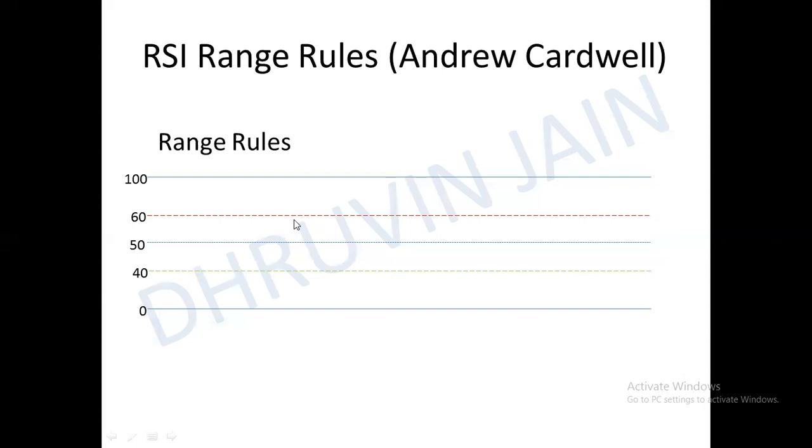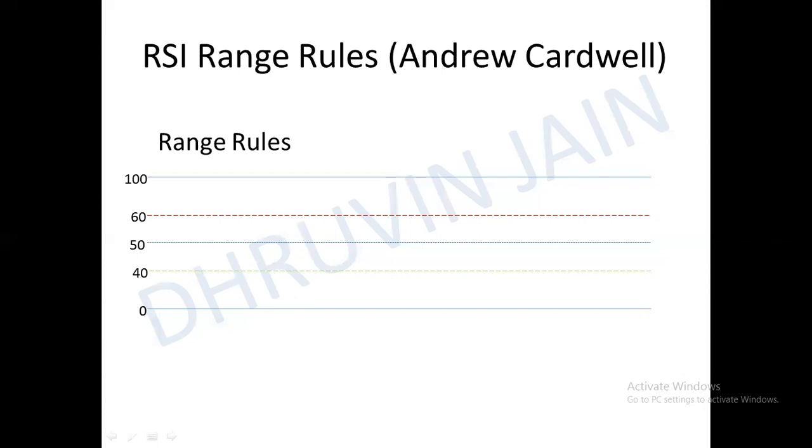Andrew Cardwell Sir made the observation in his study that RSI moves in two zones. I'll explain why 60 and 40 are important zones, in my opinion. Although Andrew Cardwell Sir hasn't put a strict rule that the 60 and 40 zones should be considered, and he didn't even consider any such zones when I started studying his way of using RSI, I'll still explain why the 60, 40 and 50 zones are very important.